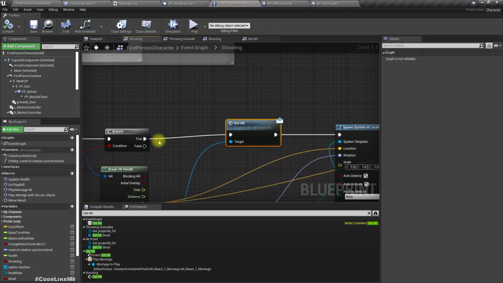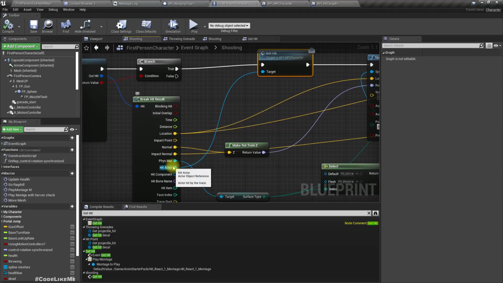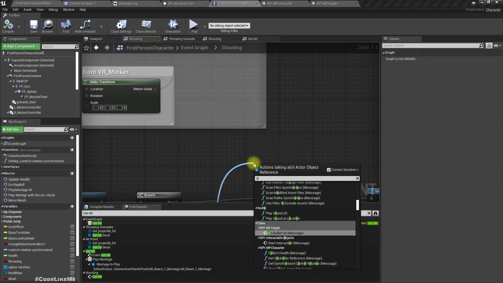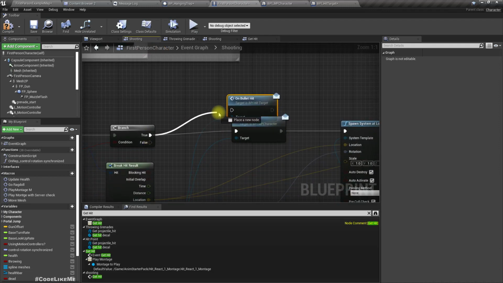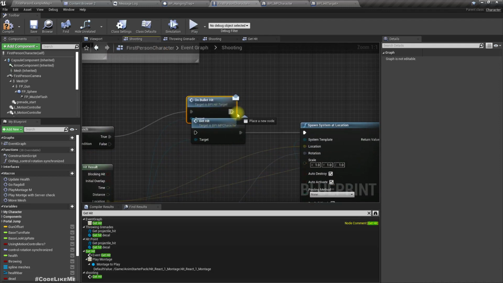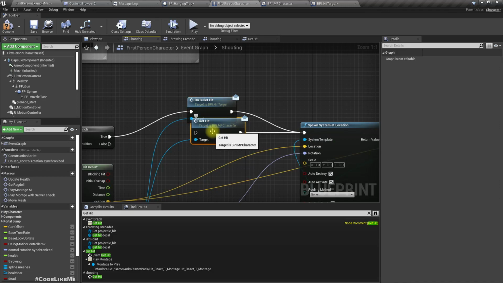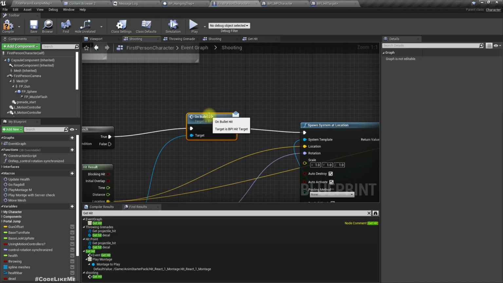Right, now here instead of get hit, let's use on bullet hit. This is not relevant to what we are doing at the moment. This is only relevant to keep the consistency of the system. Right, now let's implement this BPI hit target